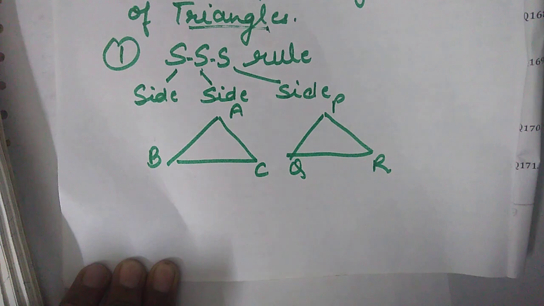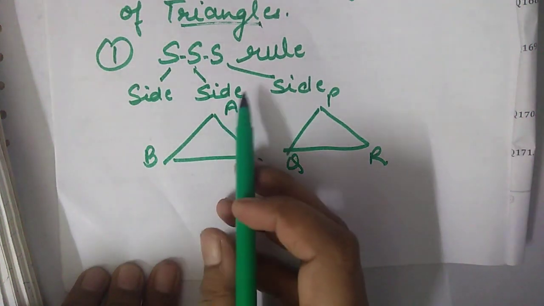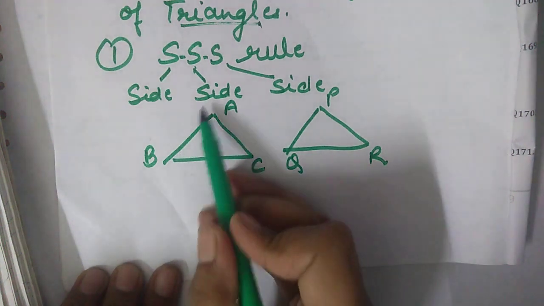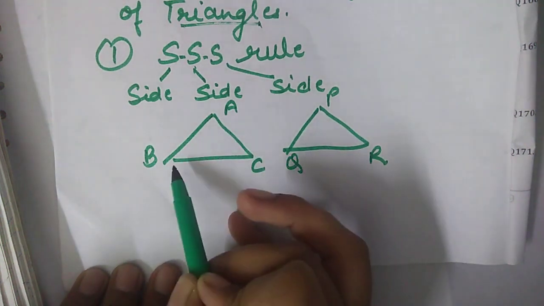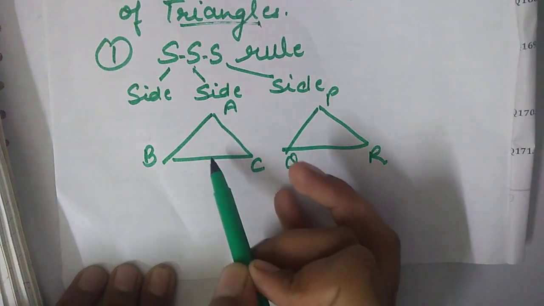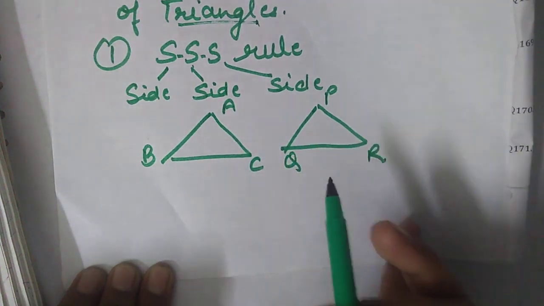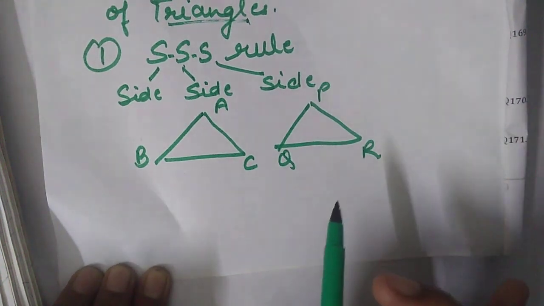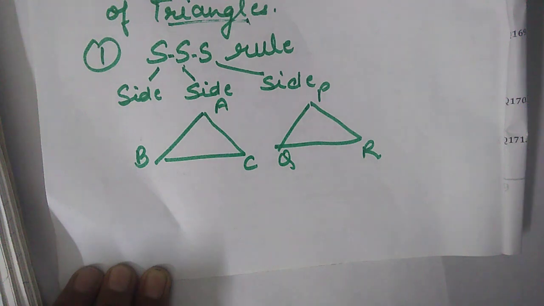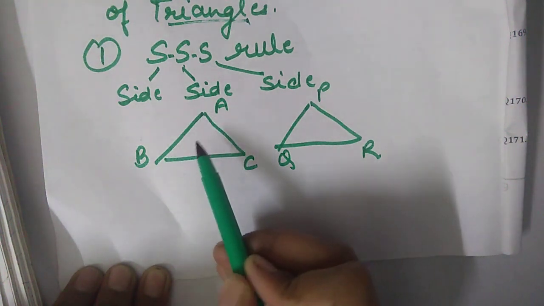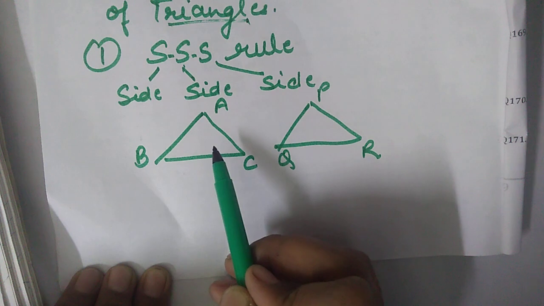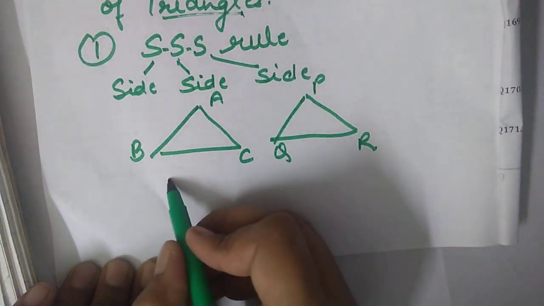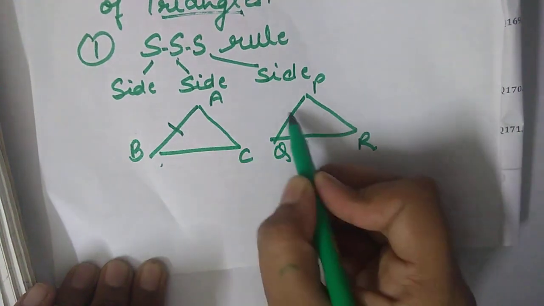So these are the two triangles. Two triangles are congruent if the three sides of one triangle, these are the three sides AB, AC and BC, are equal to the three sides of another triangle. Okay, two triangles are said to be congruent if three sides of one triangle are equal to three sides of another triangle. So let us take, if AB is equal to PQ,